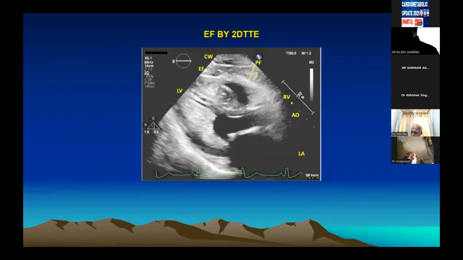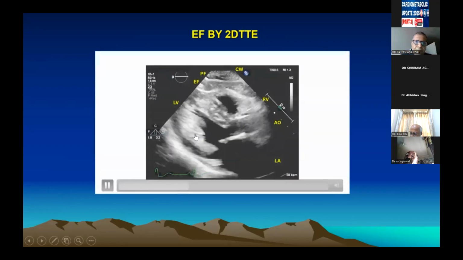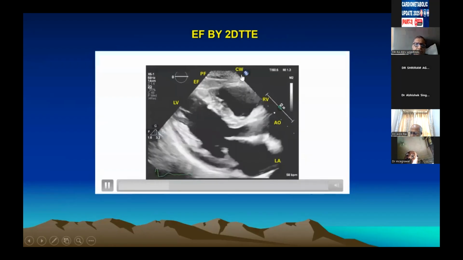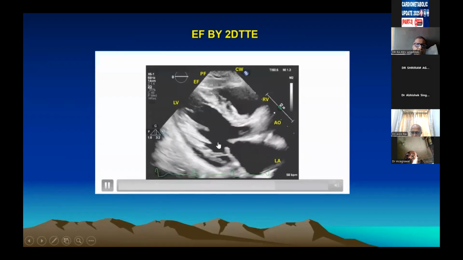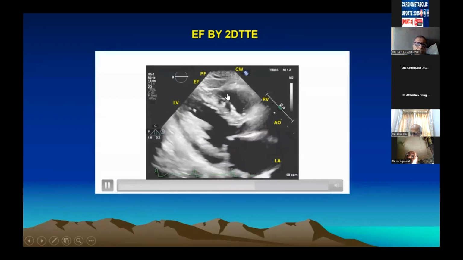This particular case is mentioned as PF here, right here, PF, and then we have the chest wall there. So very easy to differentiate epicardial fat pad from pericardial fat as well as from the right ventricle. And I wanted to just show you this movie here. And here again in the movie, we can see very clearly the epicardial fat, pericardial fat, chest wall, and here this is a parasternal long axis view with the aorta and left ventricle, and on top of that is the right ventricle.